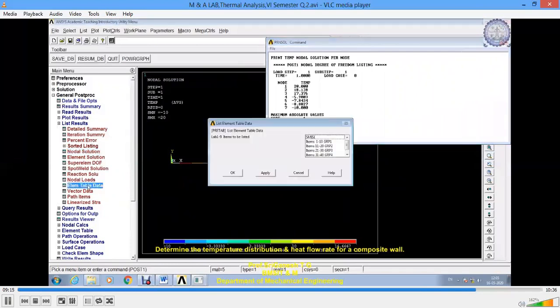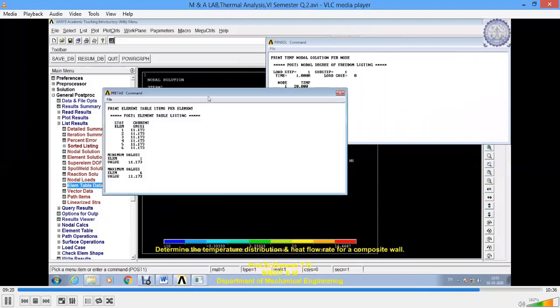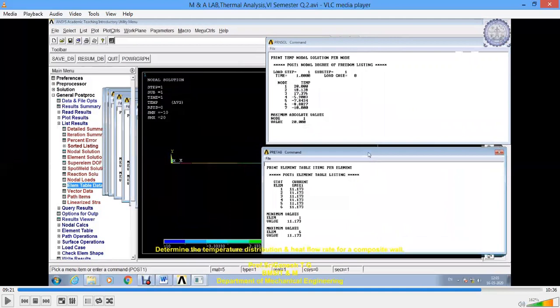Now we'll go to element table. In this window, we'll select SMISC 1 and click on OK to see the heat transfer rates. Once we click on OK, we'll be able to see the heat transfer rate, which is about 11.173.